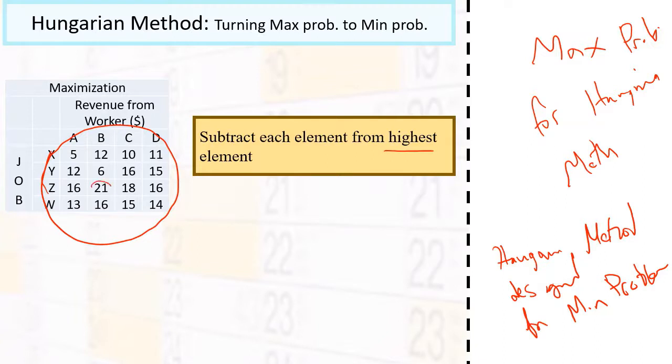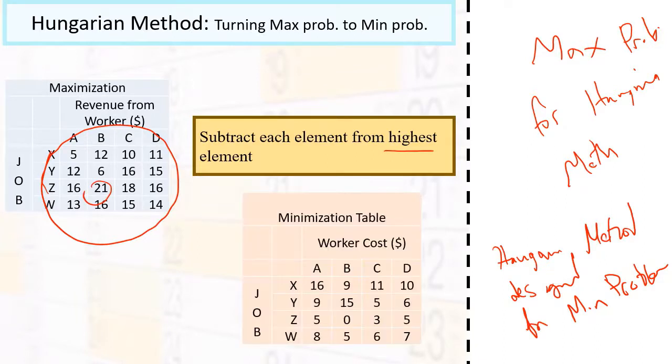And it happens to be 21 in this case. And we're going to subtract each element from 21. So here 21 minus 5, it's going to give us 16. 21 minus 12 is going to give us 9. So the highest element number is going to be basically the number used to subtract each element from to get a new number. And once we do this, we get a new table, and that new table, we're just going